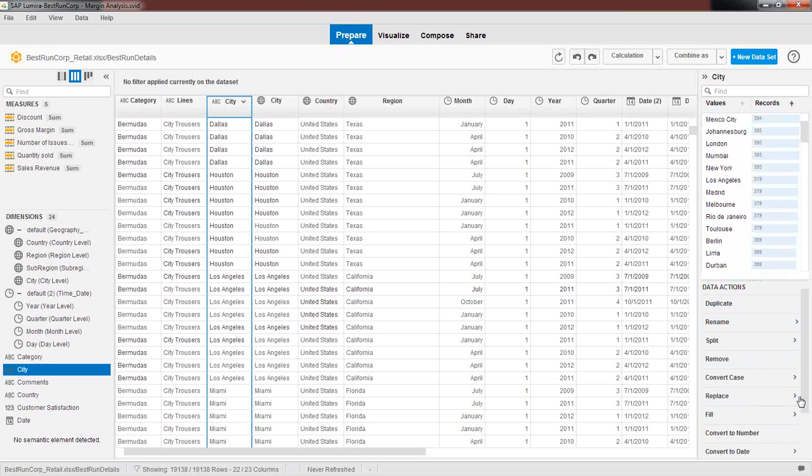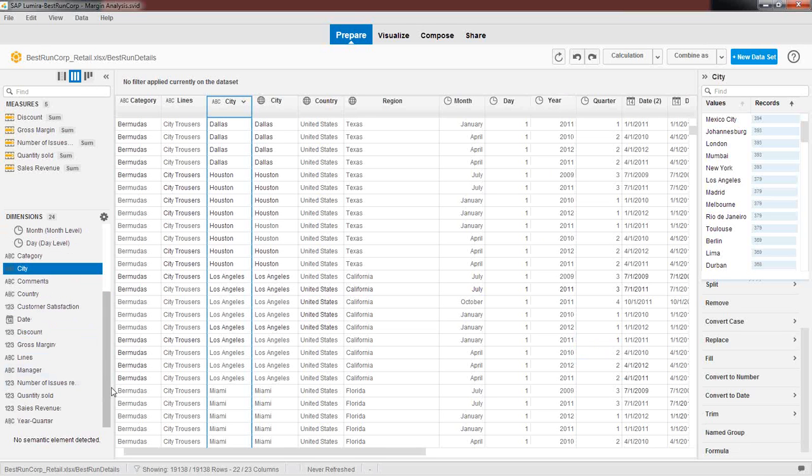I can do multiple things with the cities. I can trim and take out spaces. Fortunately for me, in this example, I have hierarchies built in, so I don't need to do that. But say for a product hierarchy, I can create a named group right here. Quite a few things that you would do on a day-to-day basis in Excel, like data transformation or cleanup of